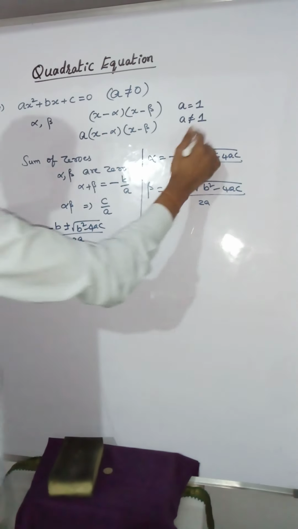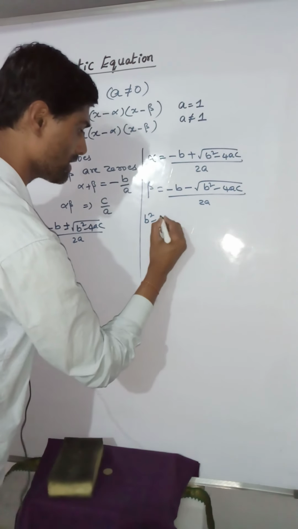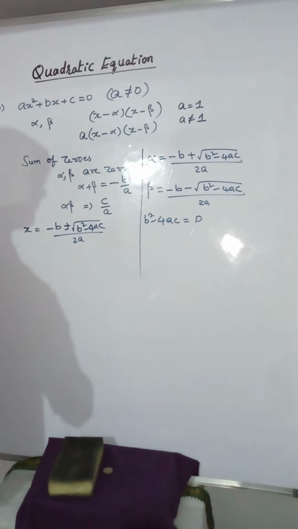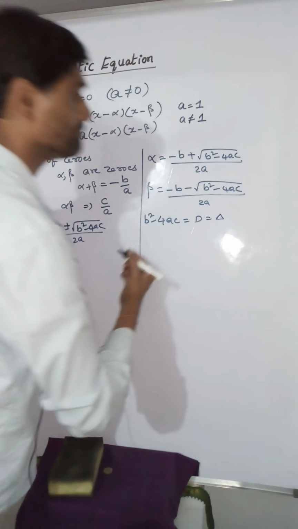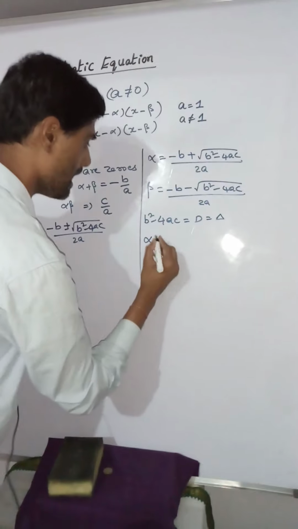See here, b square minus 4ac is also called the discriminant. It is also written as delta. Okay, now the same formula can also be written like this: alpha is